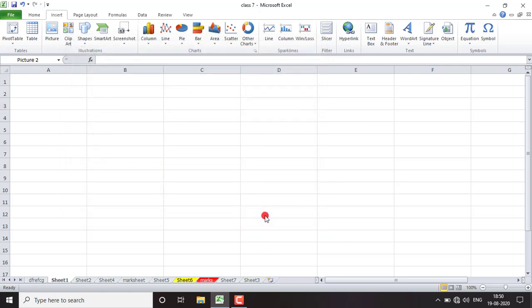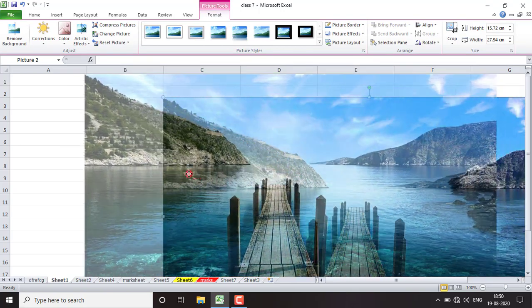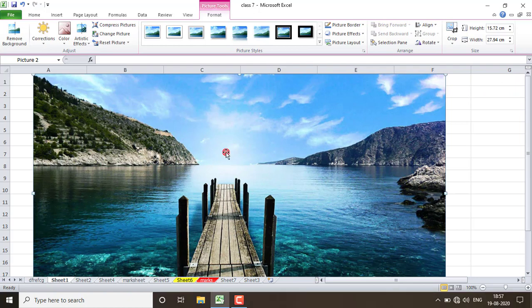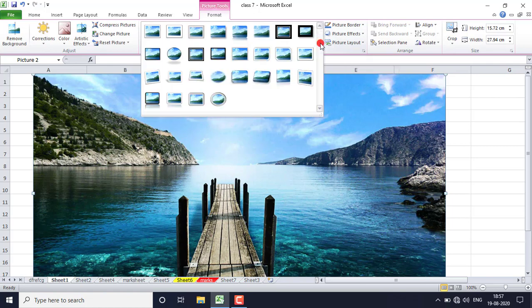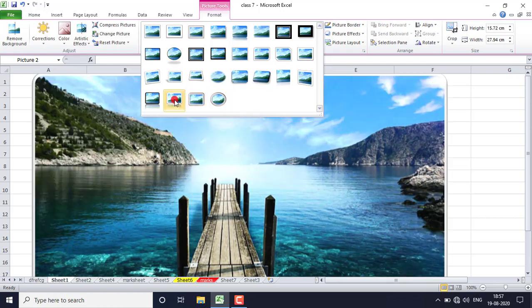Okay. As you do this, you will get your picture here. Now you can move your picture like this. As we insert any picture, we will get format tab here. Now what is the use of this format tab? This tab will help you to do the changes in these photos, whatever you have inserted. Most important is this one. If you want to apply any border around your picture, you can select any border from here like this.